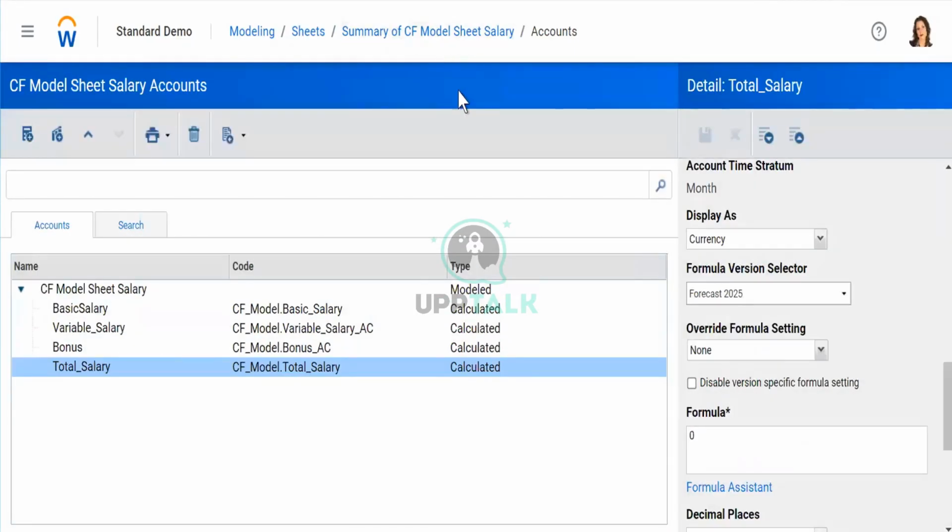This total salary, this is your model number 1. Now I am saying that your total salary should flow in your income statement into expenses. That is a requirement because you are obviously having an income statement at a consolidated level. This total salary will flow in that account, will flow in that model.